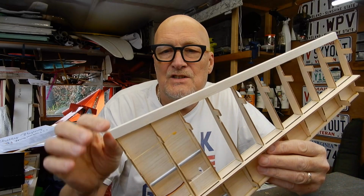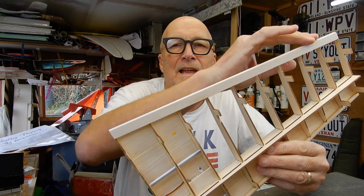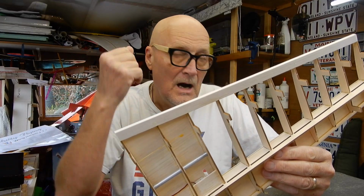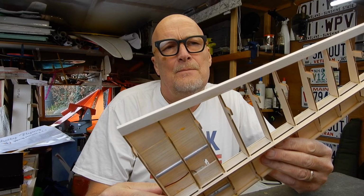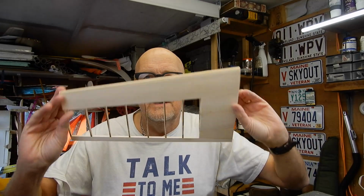You might be looking at this at the moment going, ooh, that's big. I'm umming and ahhing about whether to keep it like that or whether to make it thinner. This is just a prototype glider, so this is a proof of concept glider. I don't want to spend the next 15 years on it. I want to get out there, fly it, but at the moment, things are going good, so I'll get back to you shortly. Right, one wing finished,